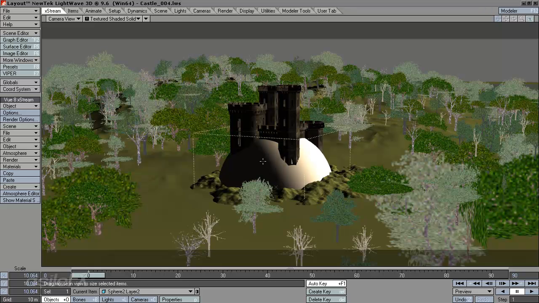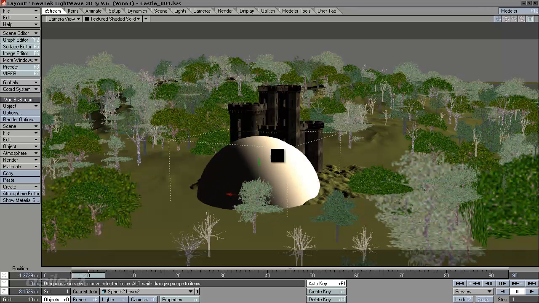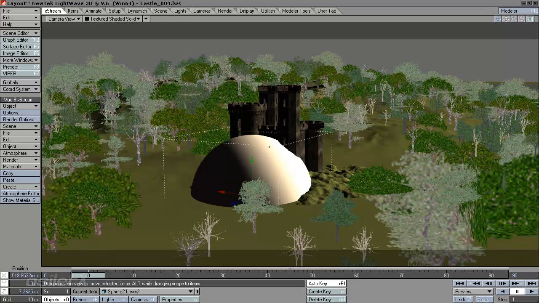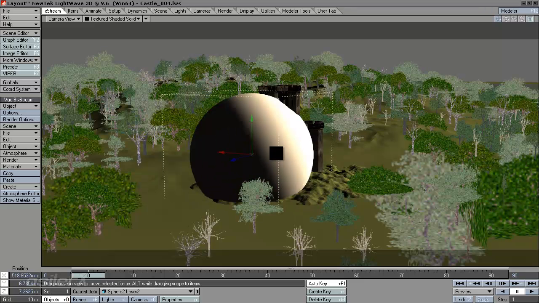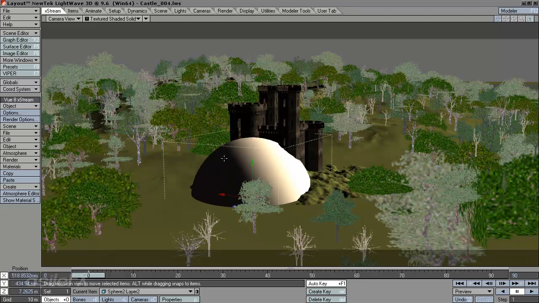This would actually be created at 6 meters. Which is the typical size for Vue primitives. And I'm going to place this object in front of the castle,